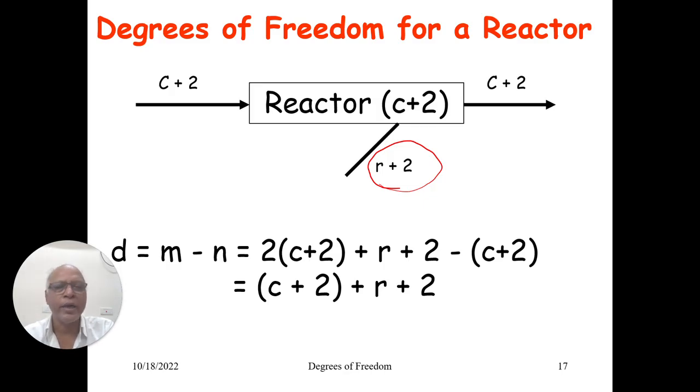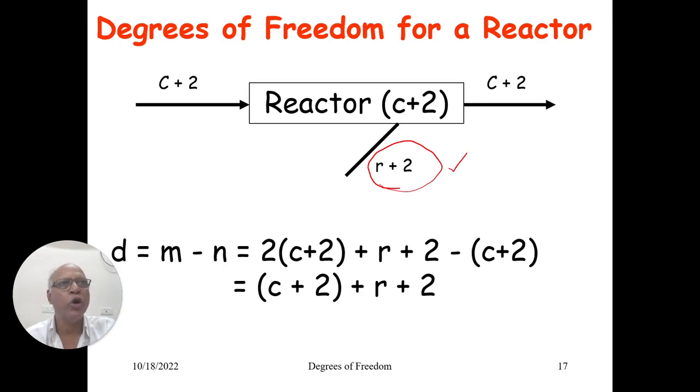In stoichiometric reactor, R is going to represent the number of chemical reactions, independent chemical reactions. So if the number of chemical reactions are, let us say, take 1, then at least we must be in a position to define 3 variables. What are those 3 variables? Temperature, pressure and the conversion. So these are the 3 variables. Remember, if you take other reactor models, probably things may be slightly more different. So if there is any possibility, because I am talking in general without addressing the type of reactor, this is the minimum number of equipment parameters that may be needed.